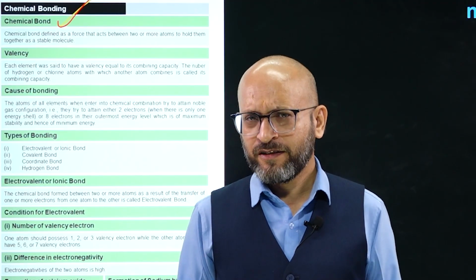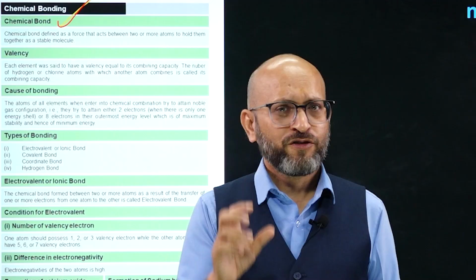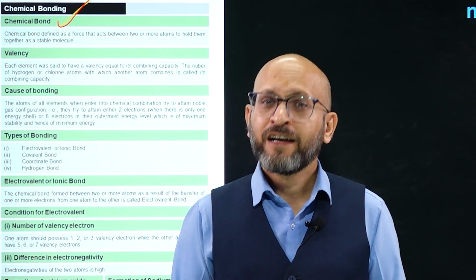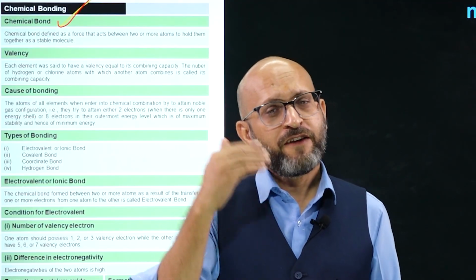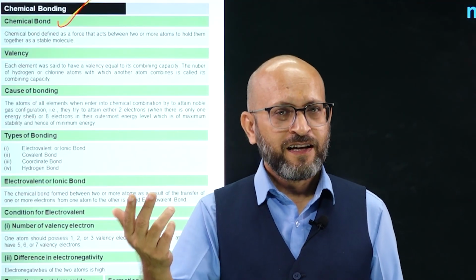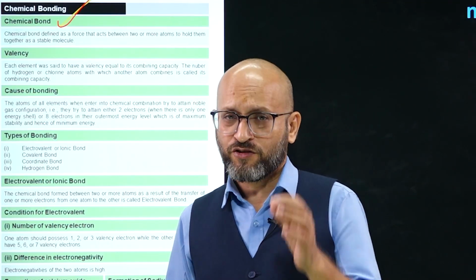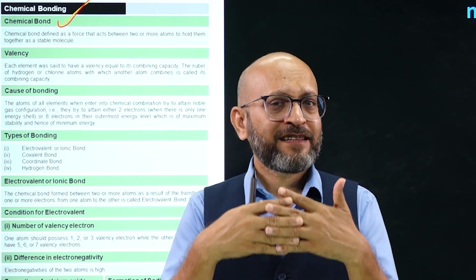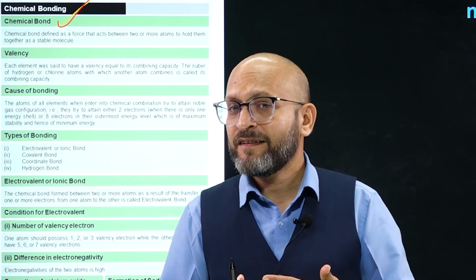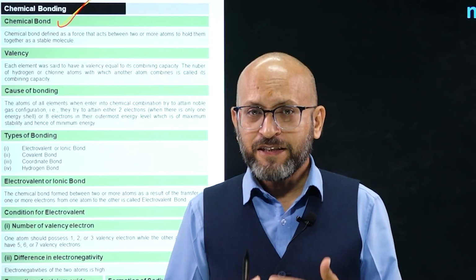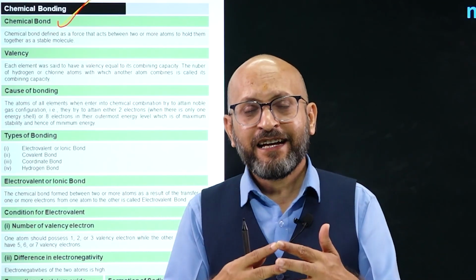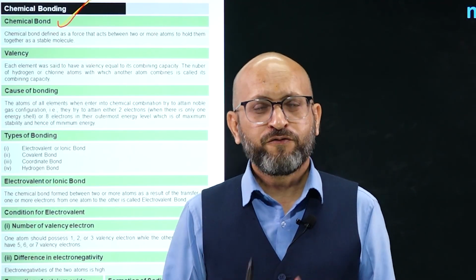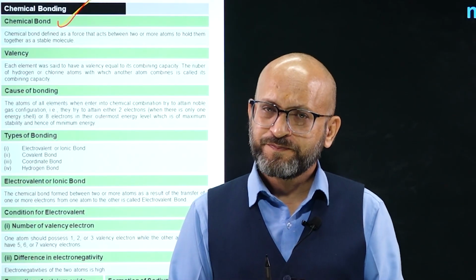So we figured out why any atom is stable. We concluded that if the outermost shell has 8 valence electrons, then it will be stable. Or if hydrogen has 2, a duplet, and any other atom has 8 valence electrons, it will be stable. So any atom combines to gain that basic stability. That means every atom wants to have 8 electrons in its outermost shell and hydrogen wants to have a duplet. So, for that it combines with other atoms.